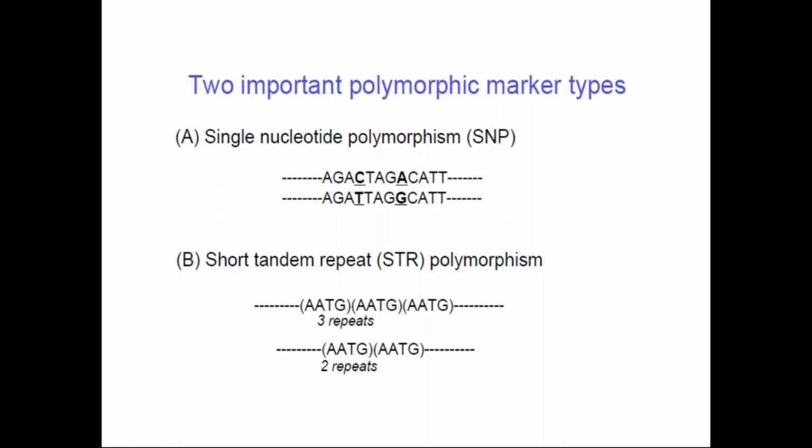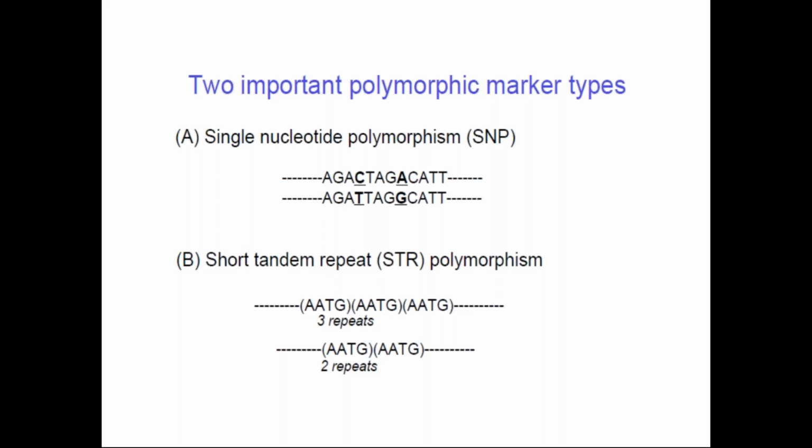Then there are short tandem repeats. Short tandem repeats means what? In genomic DNA, there is satellite DNA, or in some locations there is a repetitive sequence. Look at this slide: AATG, AATG, and AATG. So these four nucleotides are repeated 3 times within this genomic DNA sequence, right? Such 3 to 4 nucleotide units are repeated within a particular locus of genomic DNA. That type of region is known as a short tandem repeat polymorphic region.